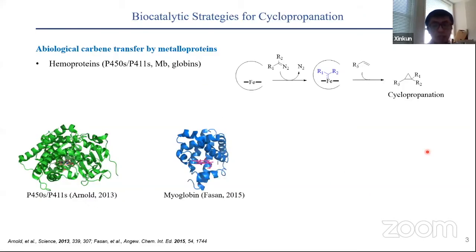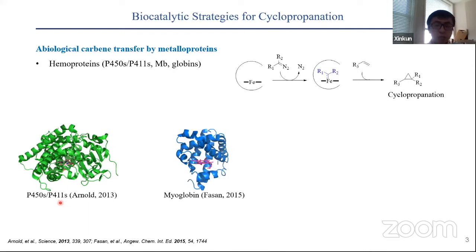In recent years, engineered hemoproteins have emerged as promising biocatalytic platforms for abiological cyclopropanation reactions. These reactions use a carbene transfer mechanism in which the diazo compound could act as the carbene donors. Upon the release of nitrogen, iron carbenoid electrophilic intermediates could be generated and then trapped by the olefin substrate to afford this cyclopropanation product. A number of hemoproteins have been developed, including cytochrome P450s and cytochrome P411s,